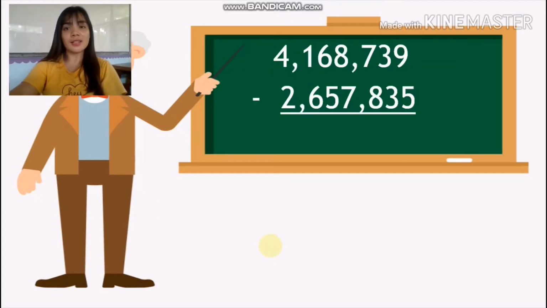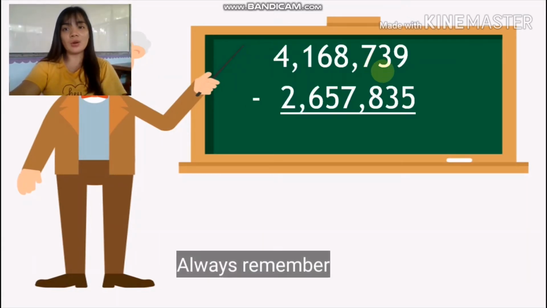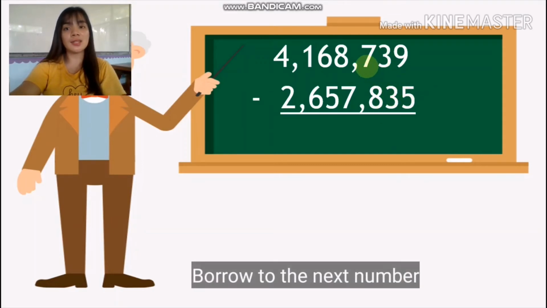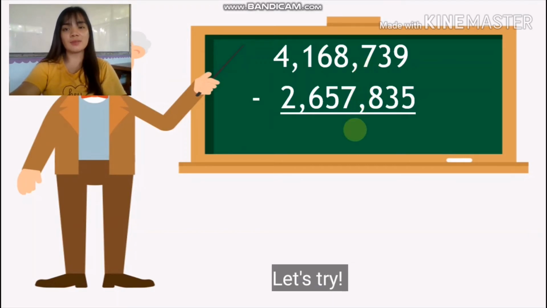Always remember that if we have a lower value here in our upper number than our lower number, then we can borrow from its neighbor. So let's try this example. So we have 4,168,739 minus 2,657,835. So let's start